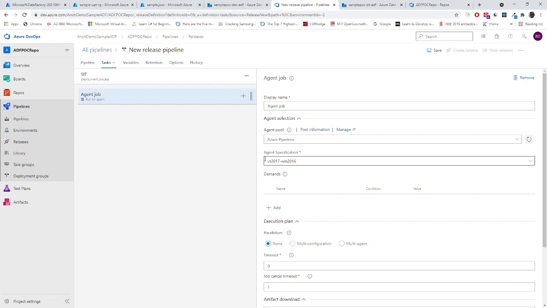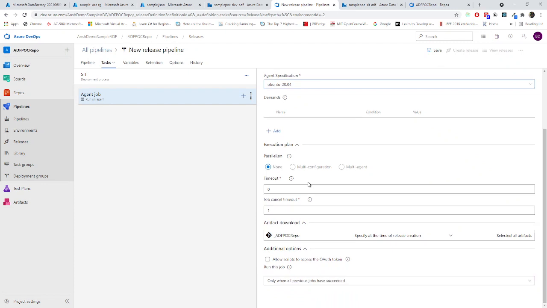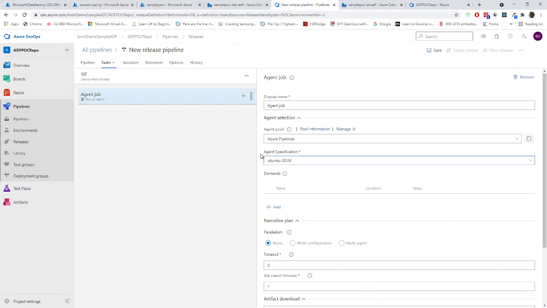You can choose agent specification VS 2017. I'll just choose something related to Ubuntu, because Ubuntu is a little bit less costly. Once you get into Azure DevOps, you should understand the necessity of choosing the best operating system so that your cost will be very much minimized.